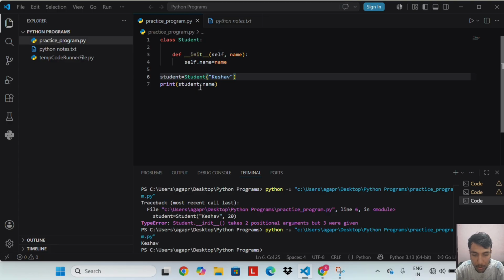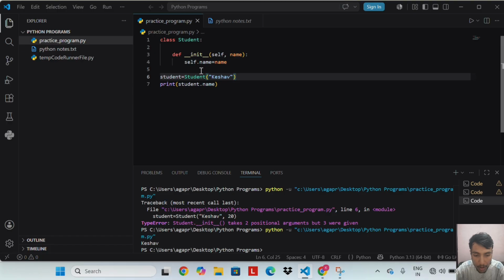When we create student equal to Student Keshav, and Python runs __init__, self is automatically set to student. So self dot name equal to name means store name as an attribute of this particular object.